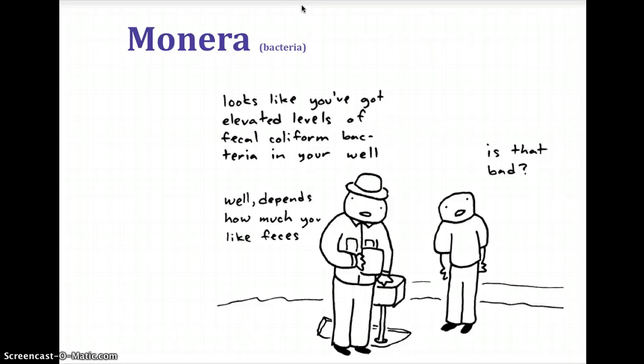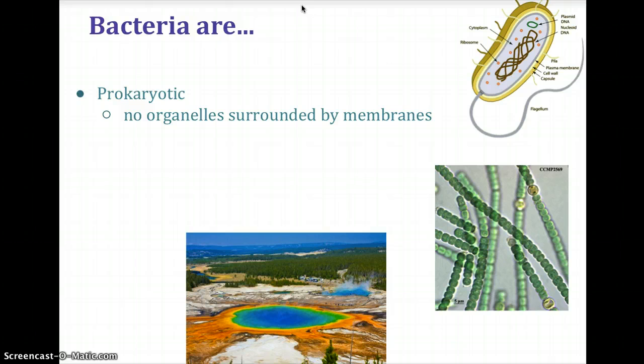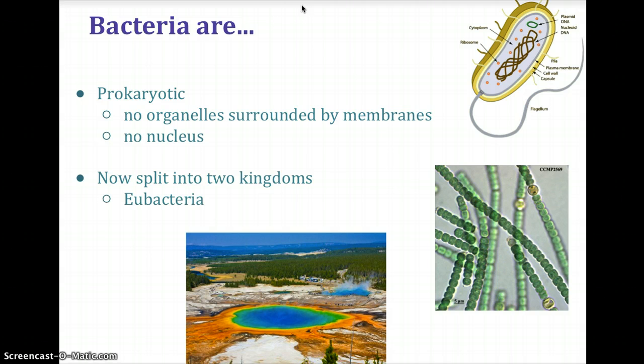Welcome to the introduction to Monera, or our bacteria, which is our first true kingdom that we are going into. Now, just as a review, bacteria are prokaryotes, or prokaryotic, and this means that they don't have membranes surrounding their organelles, and they also don't have a nucleus. And you remember from the chart that we did on the first day of this unit that they're split into two kingdoms, the eubacteria, which are referred to as the true bacteria, and the archaebacteria, which can be thought of